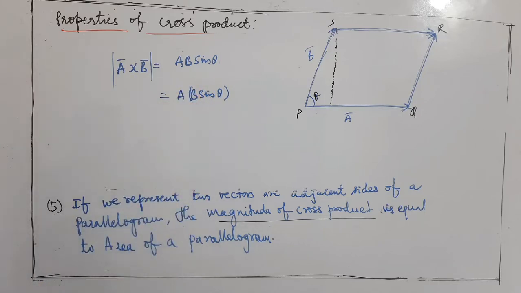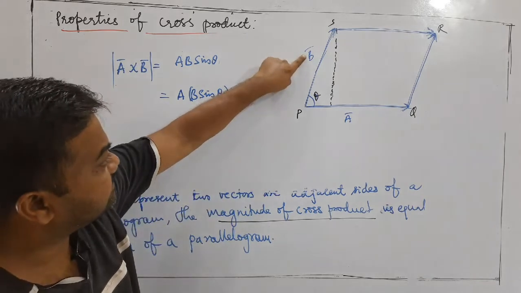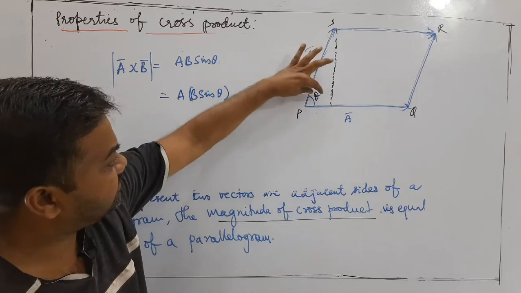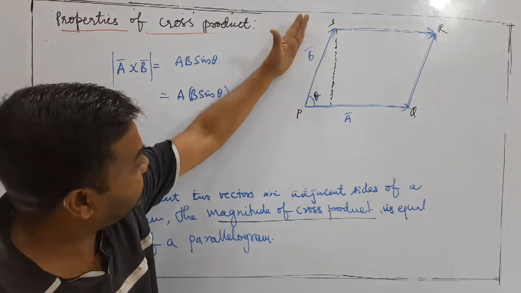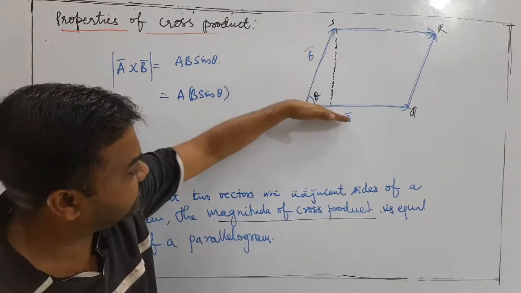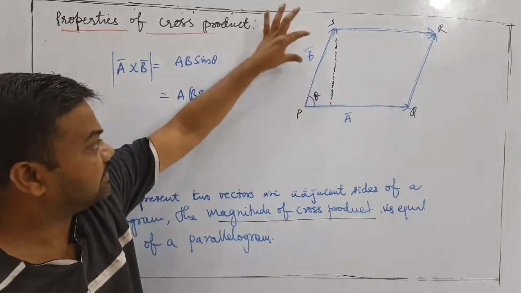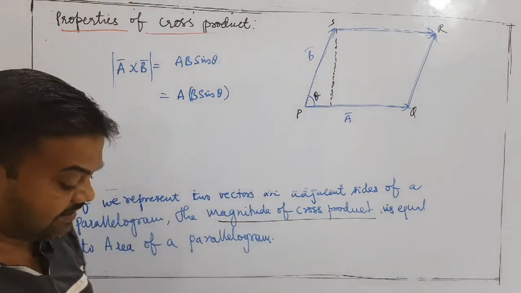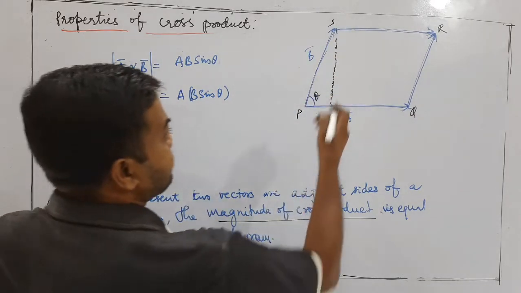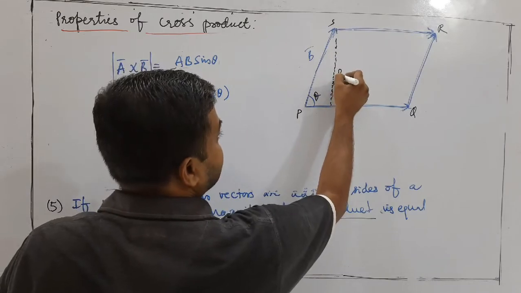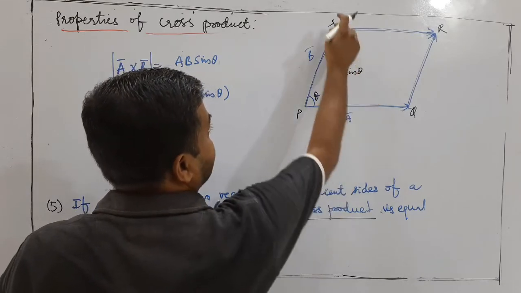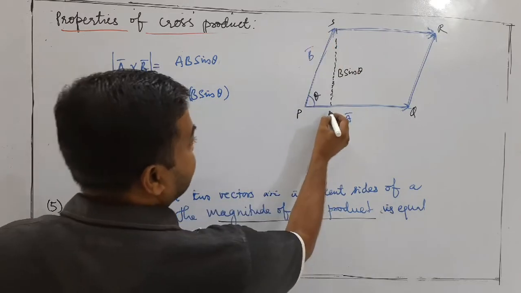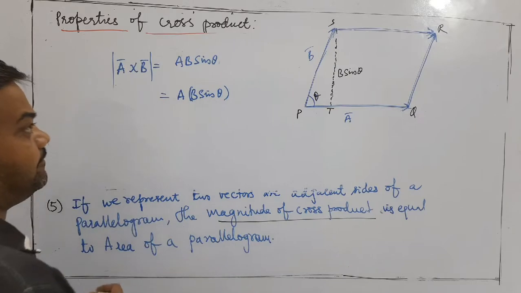Why you have to write separately here means, this is B, this one is A. The angle between these two is theta. Then the component of B along this direction is B cos theta, and along this direction is B sin theta. That means here along ST is B sin theta. Can I write here one name? PQRS, you write, ST.